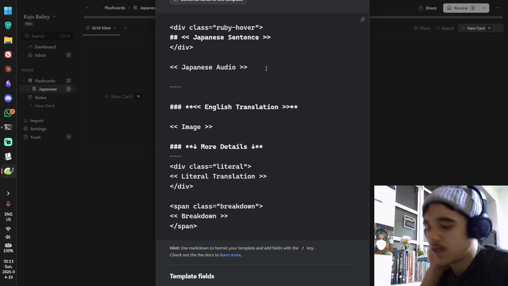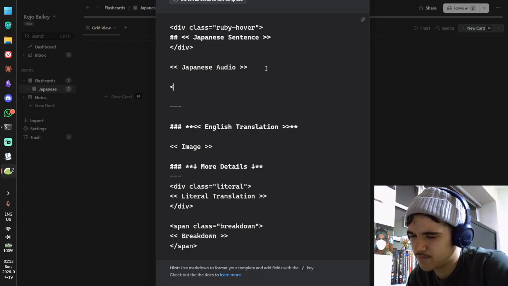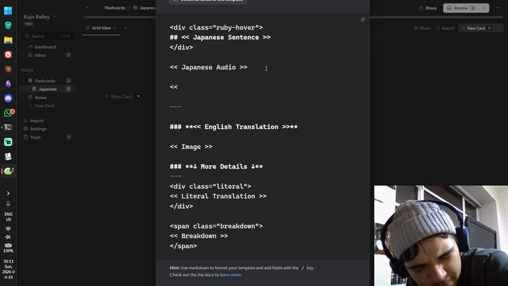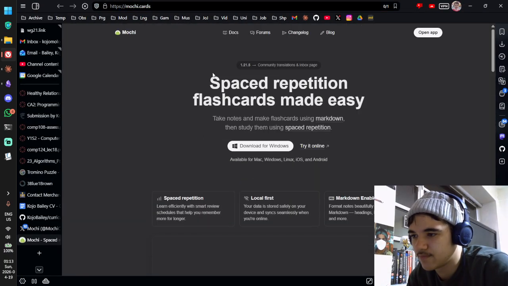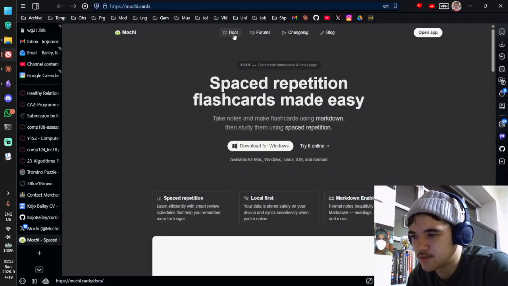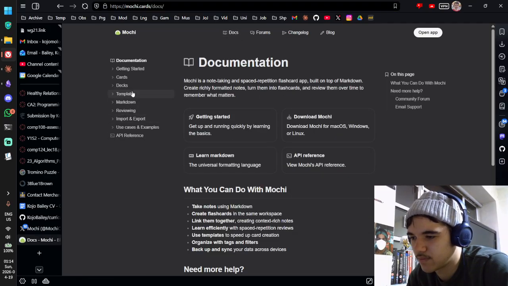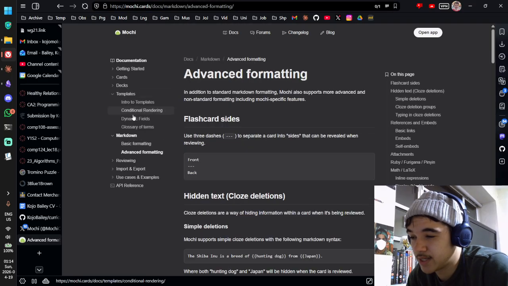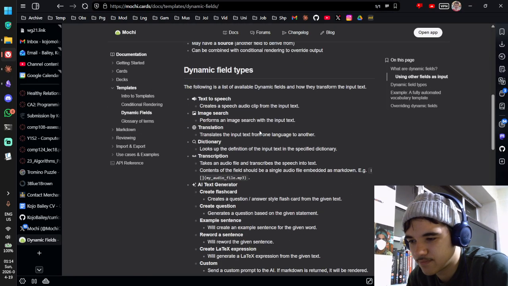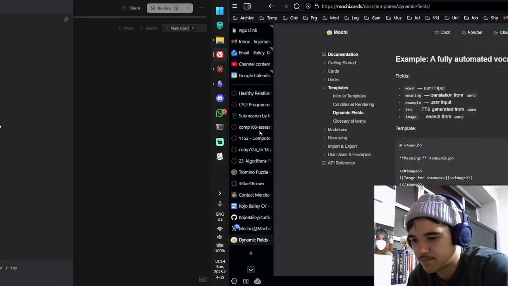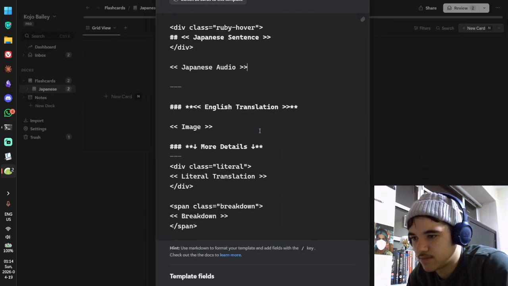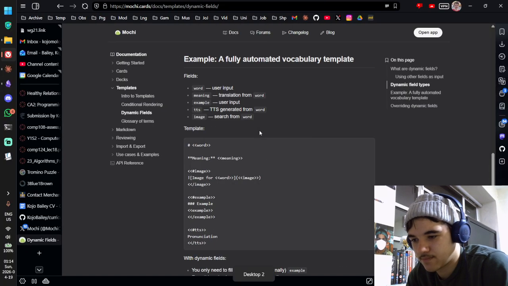how do I do this? Is it like this? I forgot how to do conditional fields. Let's have a look at Mochi, sorry. Docs. Template, dynamic fields. Yes, hashtag. Yep, so